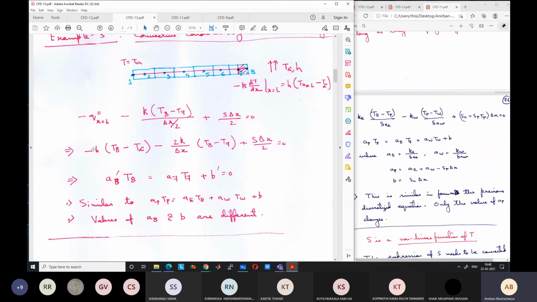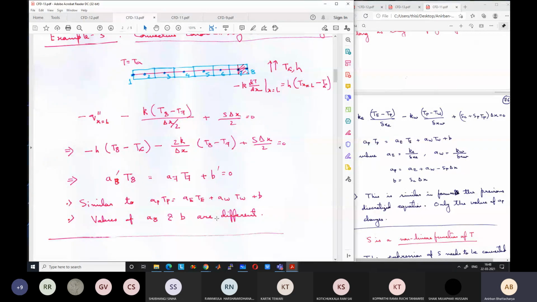Again, we can use the same equation. Like we have 7 unknowns here. 1 is known, so 7 unknowns and 7 equations will be there. So we can solve the 7 equations to find the 7 unknowns. Only thing is that values of A and B will be different, but it does not matter during the solution process. Is it clear, all these cases, or is there any question?